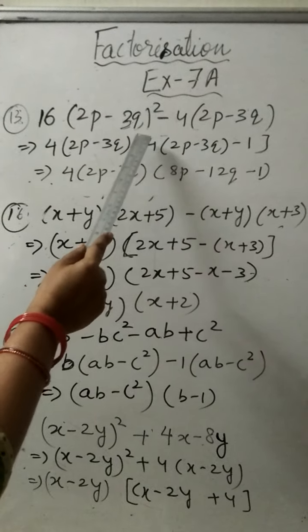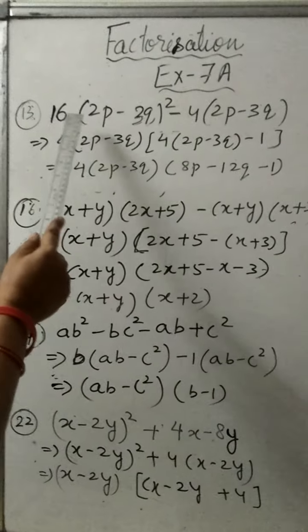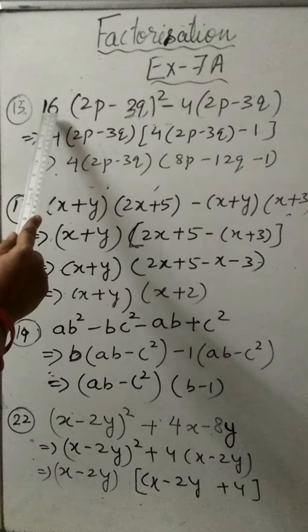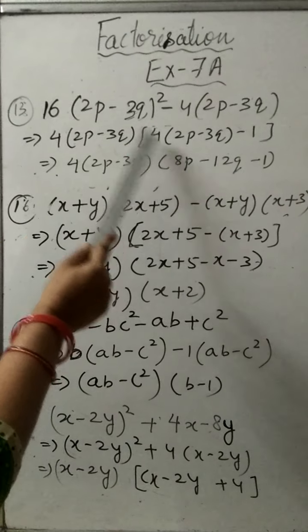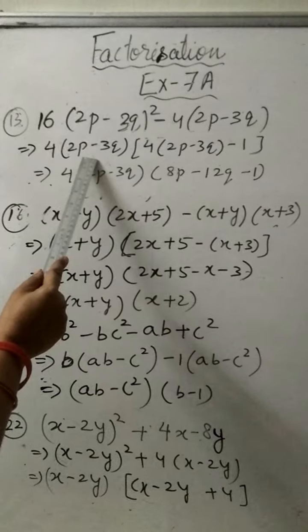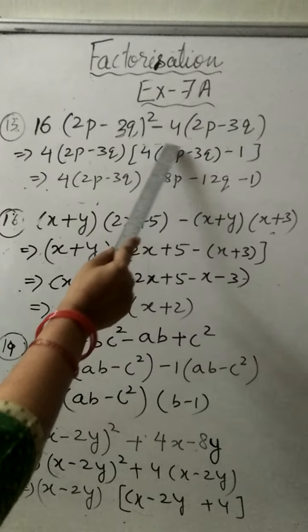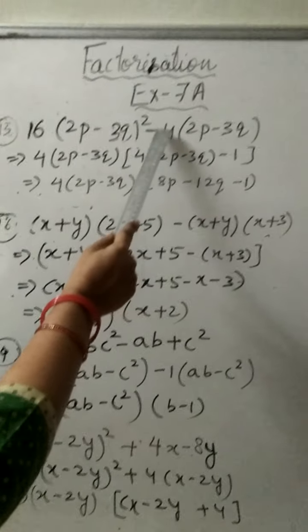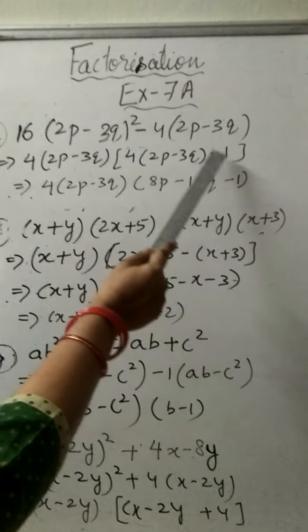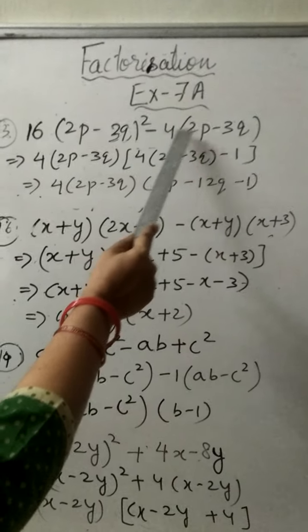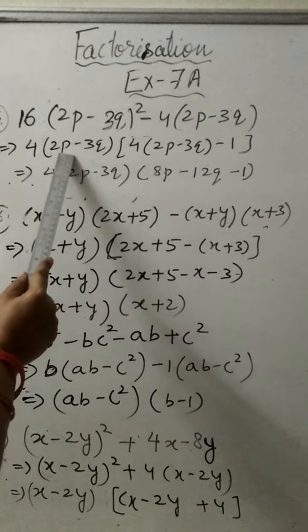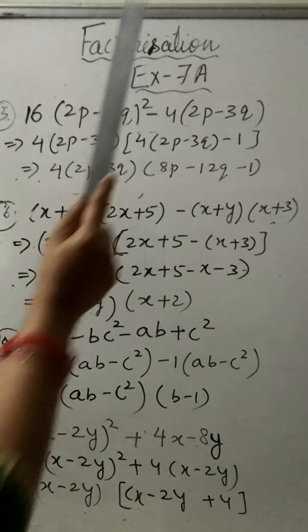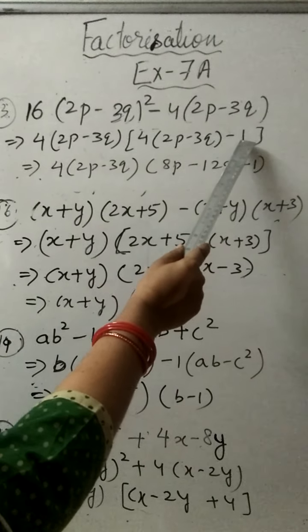Now the remaining ones you have to write in the bracket. So already 4 you have taken. So when you divide 16 by 4, 4 will remain. So 4 I have written. And 2p minus 3q is taken common. One more is left. So 4 into one more (2p minus 3q) is here. Then minus, because here is the minus sign. And because 4 into (2p minus 3q) already one we have taken common here, so here nothing is remaining. That means 1 is remaining. So 1 I have written here.